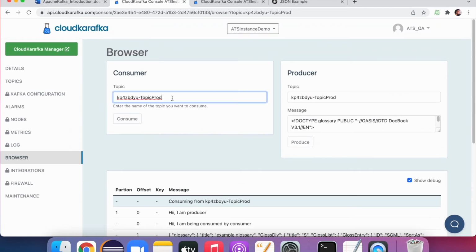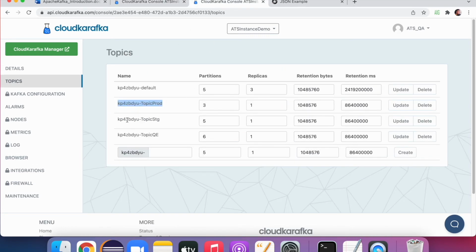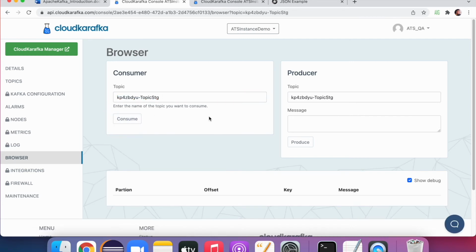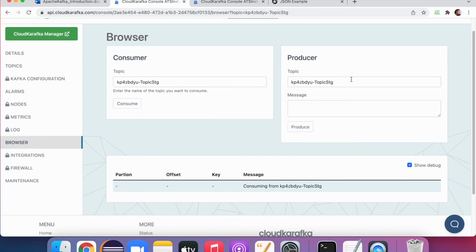Now let us try for another topic. Let me take another topic. Let's take the stage topic. If we go here, let me give this topic name, click on consume, it will start listening. Now send some messages.